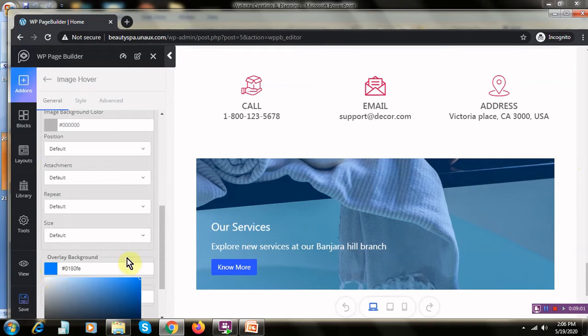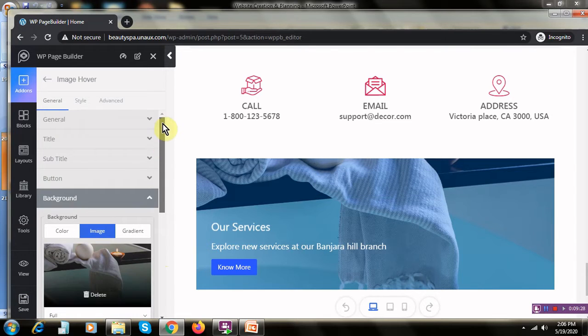So let's click on this background and you have different colors altogether. Once I click on this and click on save, these are some of the things that you can do.